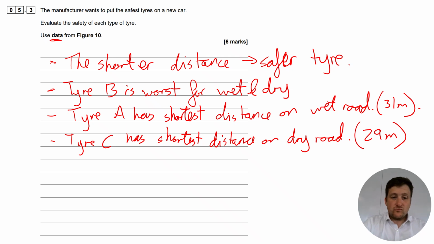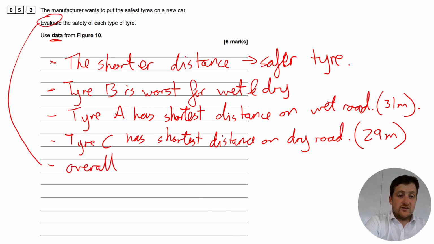We can say the difference between them as well, but this is the point where it says evaluate. This is our evaluation. This is what gets us our marks because we have a judgment. So we can say tire C is safest on dry, tire A is safest on wet. Overall, we think tire A is safest